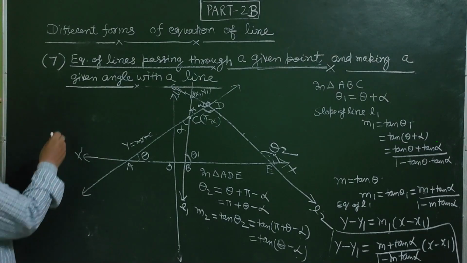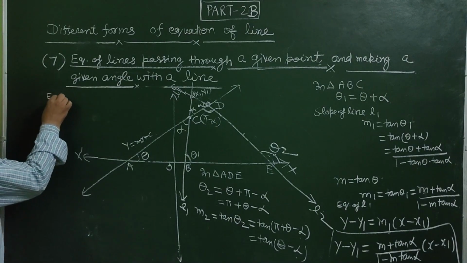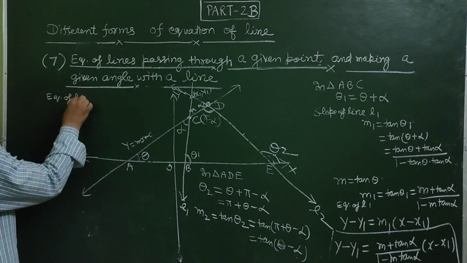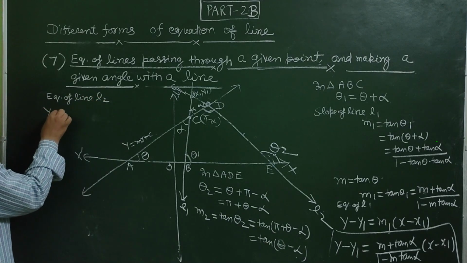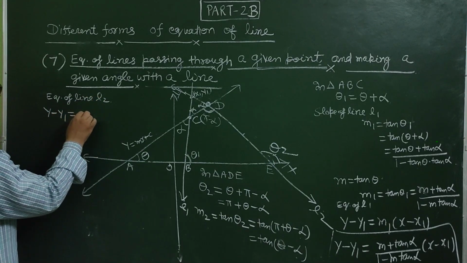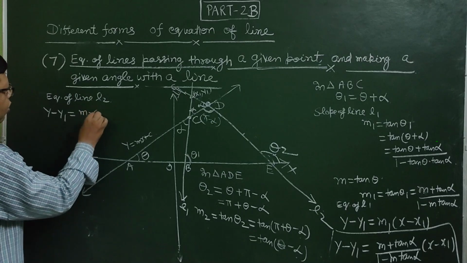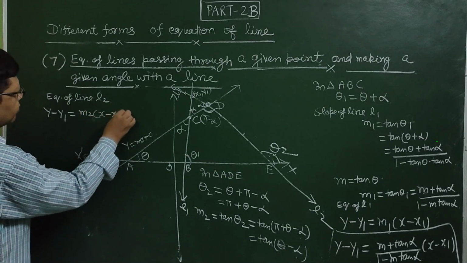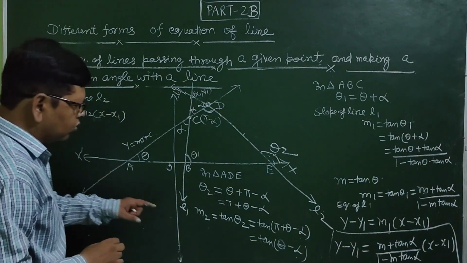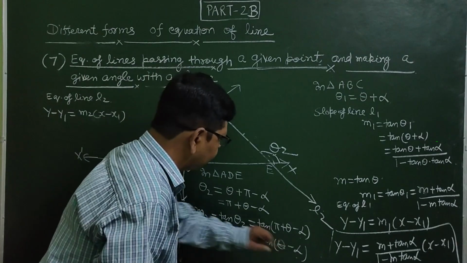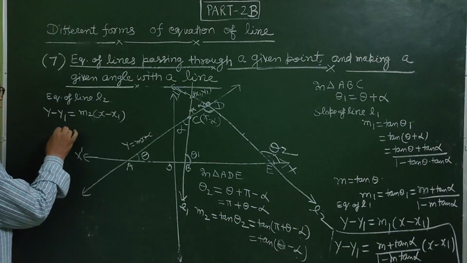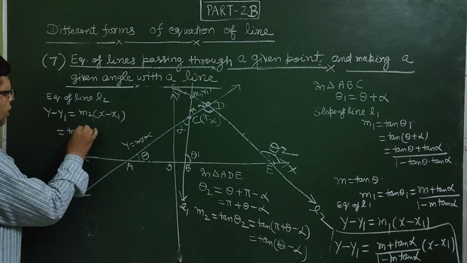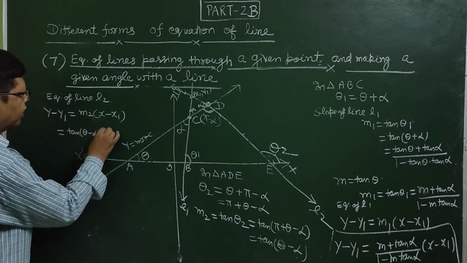So the equation of line L2 is y minus y1 equals m2 into x minus x1. Slope m2 is equal to tan of theta minus alpha,